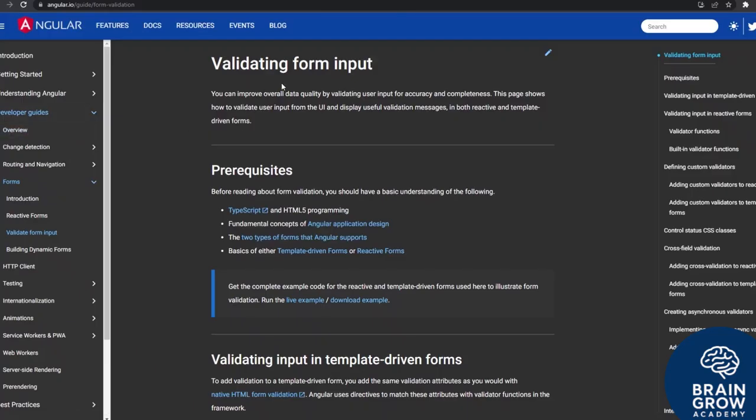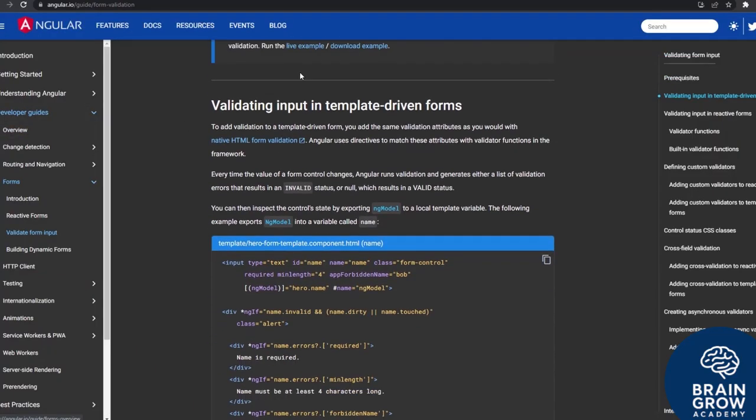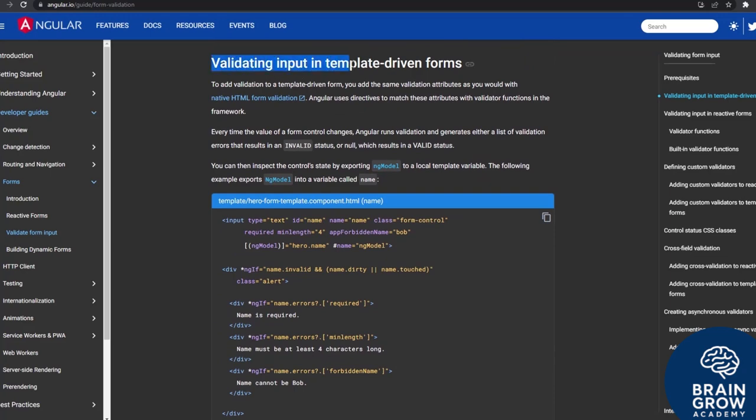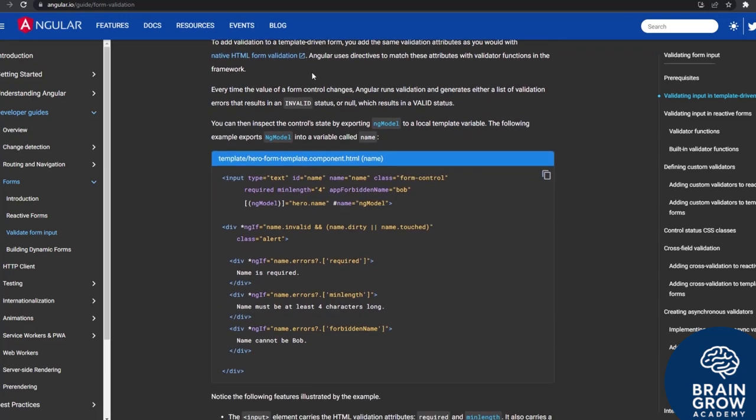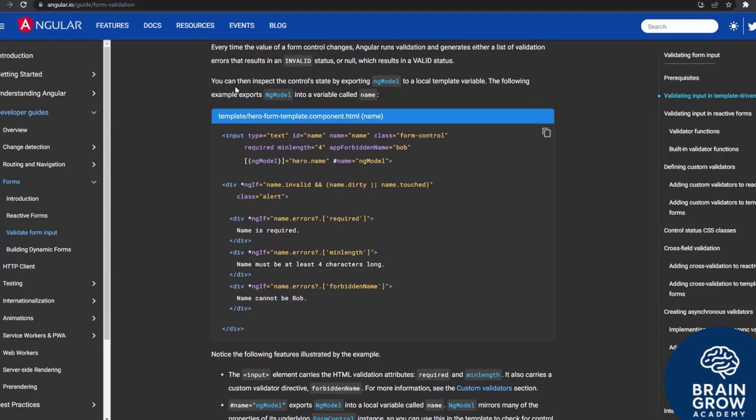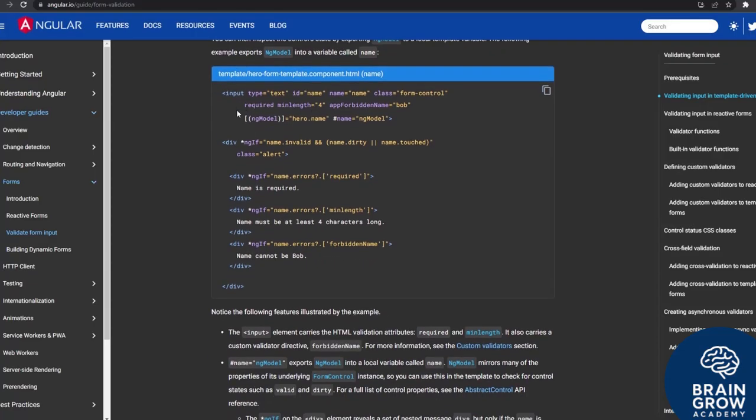So here we are again at Angular, validating form input. Let me scroll a little bit down. You can see validating input in template-driven forms. This is exactly what we have done so far, or what we are implementing right now. And you can see here that there are multiple conditions. So here's an input, right? And you can see it's bound to hero name, so a simple string. And then we have that ngIf when the name is invalid, for example, and then it goes below into